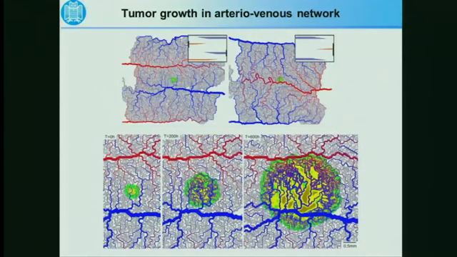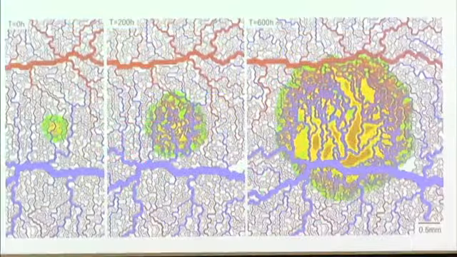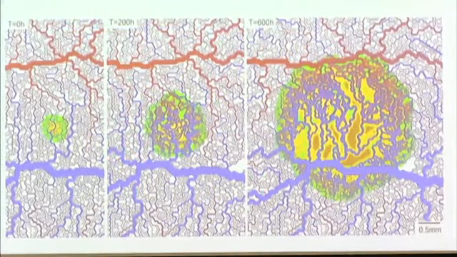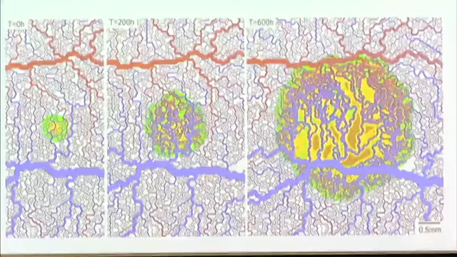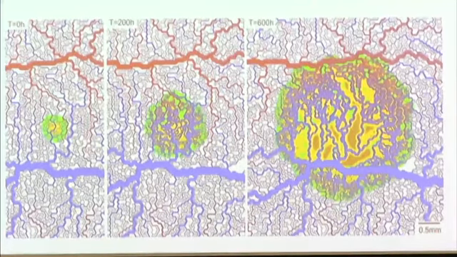Put a tumor into the middle, a nucleus of let's say 100, 200 micrometer size, in yellow. The green is the high growth factor concentration. Then what happens is that this thing grows, and you see already